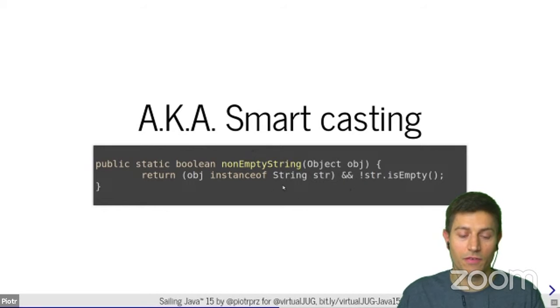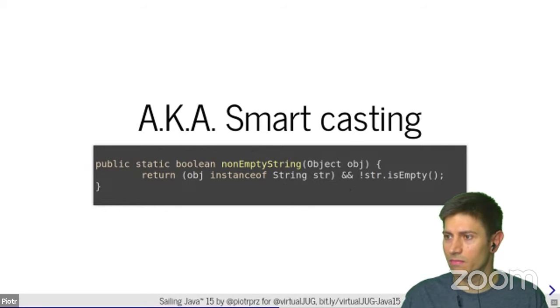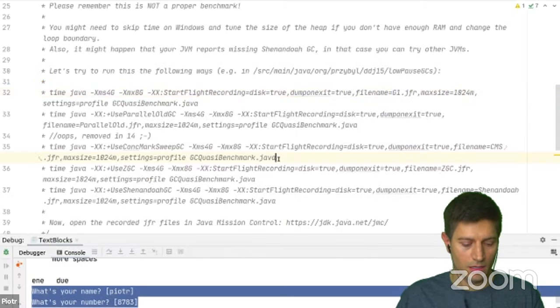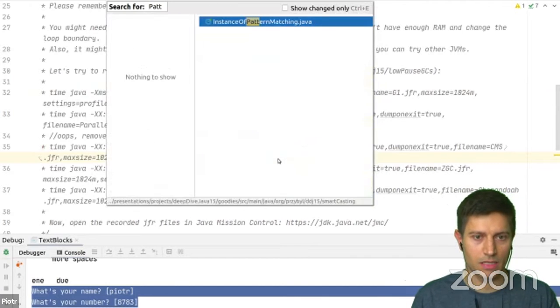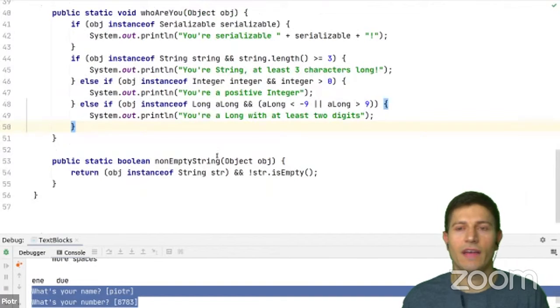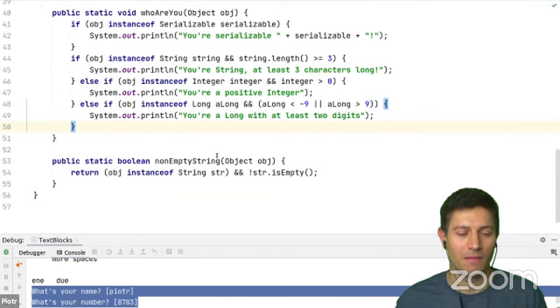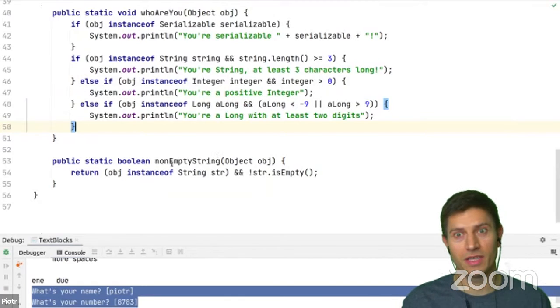Because you see, for such a, well, I should have that in a code. Let me see if I have it in my code. So it should be pattern matching. Yeah, right. See, so we all have string utils either from Apache Commons or somewhere in our projects, and odds are pretty high